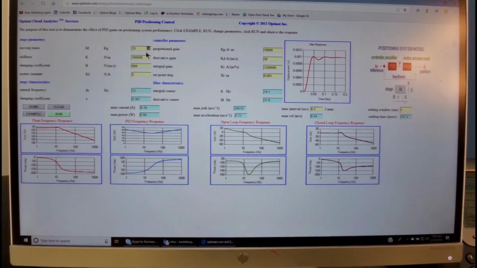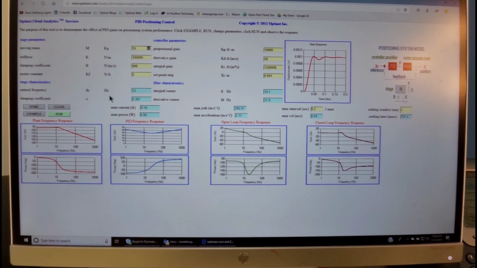Now, the input information includes the parameters of the plant, including the mass, stiffness, and damping, including the motor constant. And for the controller, it is the proportional gain, derivative gain, integral gain, and the set point where we want the step to occur.